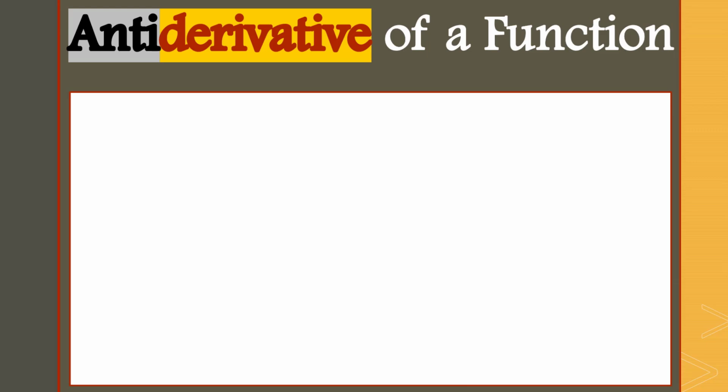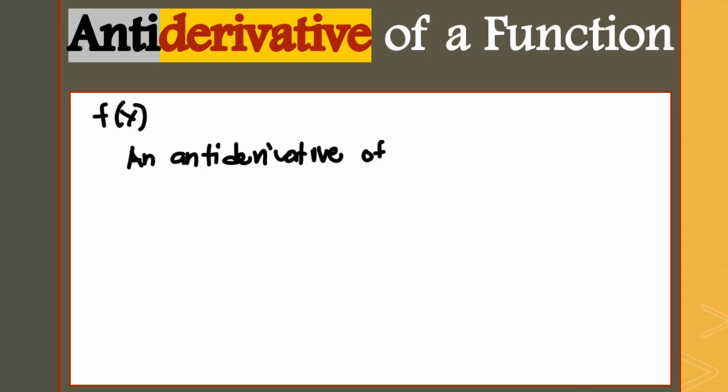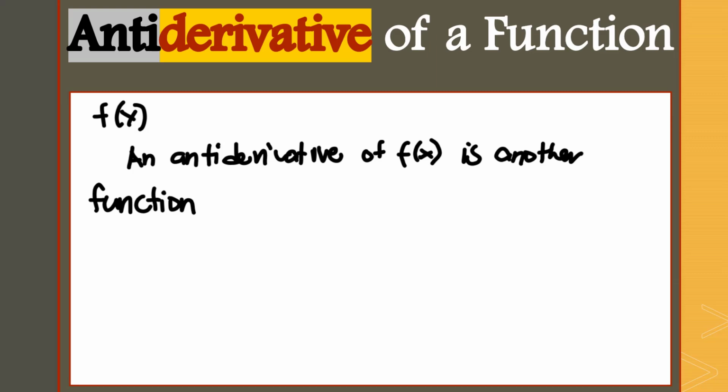Let's say we have here a function f of x, right? That's our function here. An antiderivative of our f of x is another function. So in short, the antiderivative is also a function. Let's label it as F of x, using a capital letter F, that satisfies the given condition